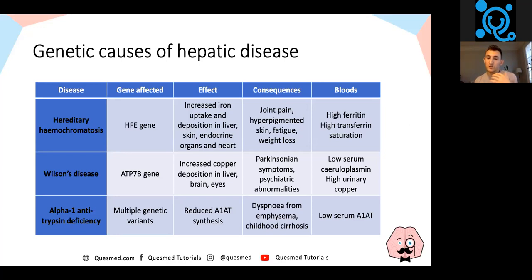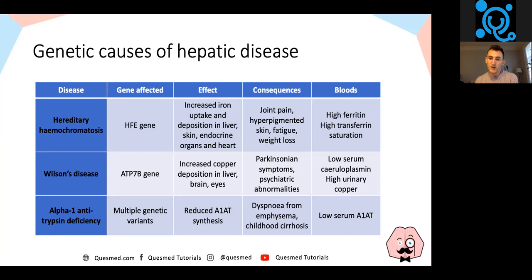And it can also cause iron deposition in the joints, which is why you get joint pain. In the blood tests, the initial investigations you would do are a ferritin and a transferrin saturation, both of which would be elevated. Wilson's disease is another genetic cause of chronic liver disease, which causes increased copper deposition in